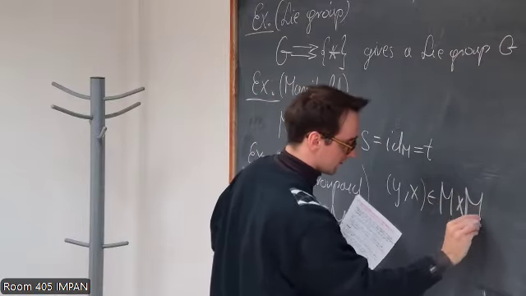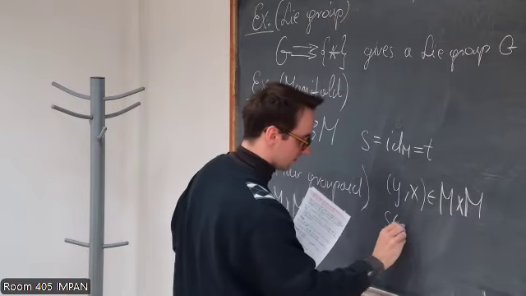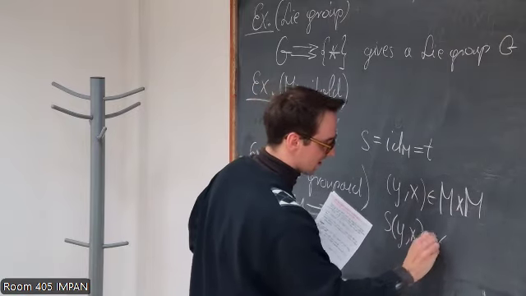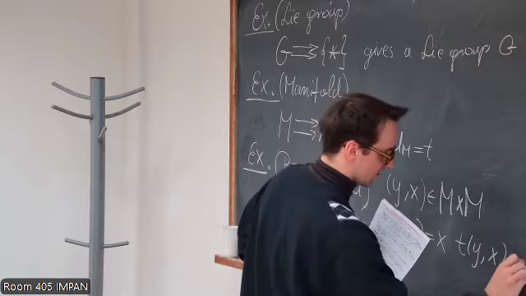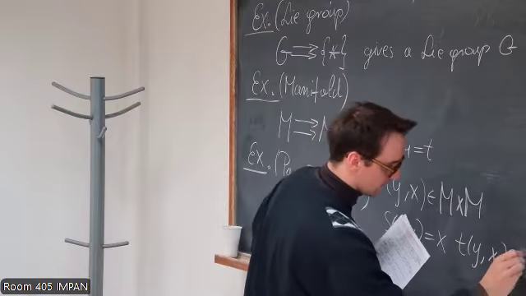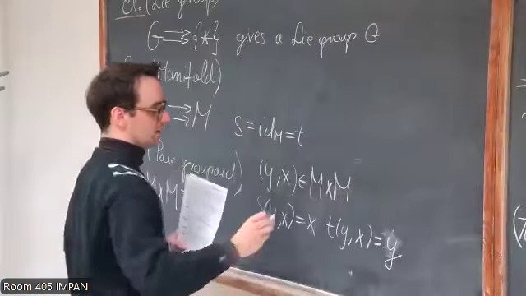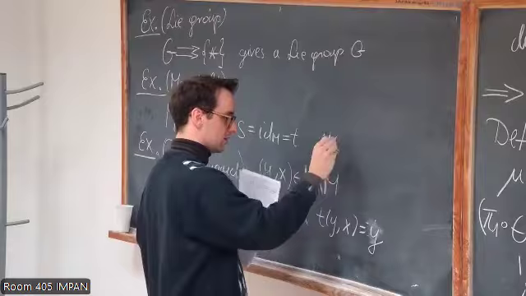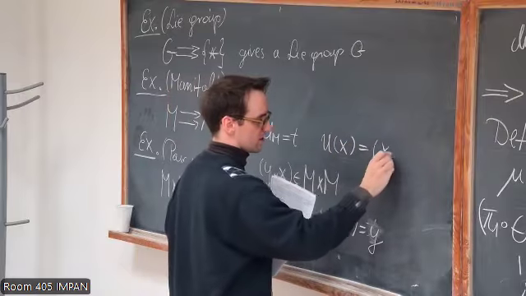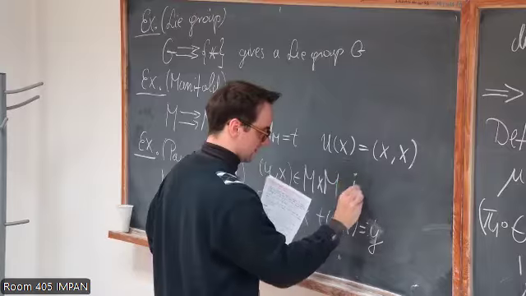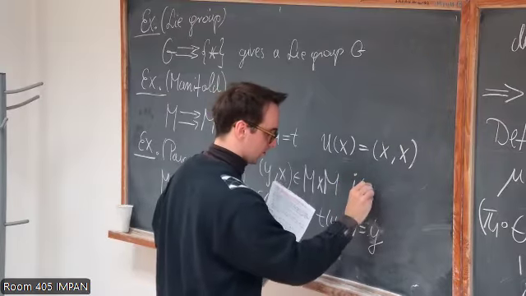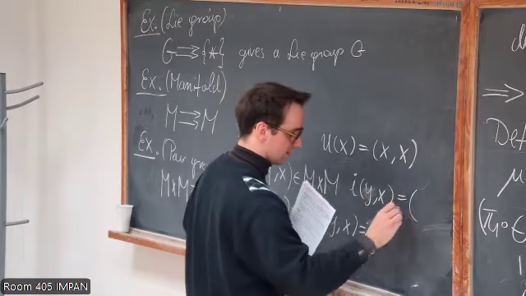The source of (y, x) is x. The target of (y, x) is y. The unit is just (x, x), and this is the identity, and the inverse map of (y, x)